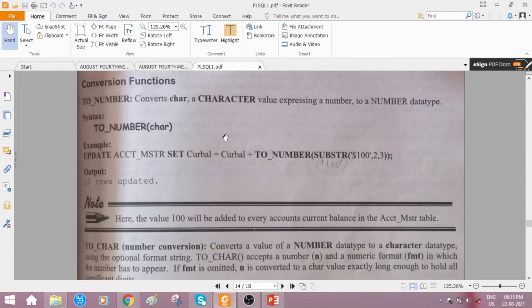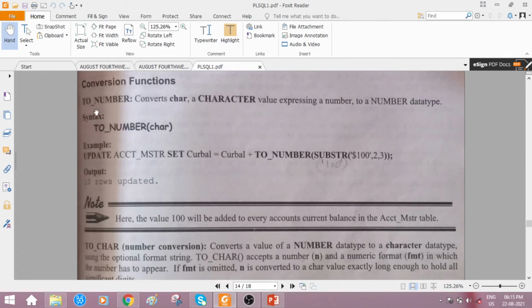If it is A, B, C, it cannot be converted into number type. In case numbers are stored as characters, then those can be converted back to the nature of number. That is the purpose of the conversion function we are discussing.